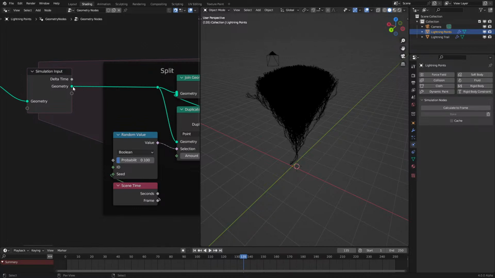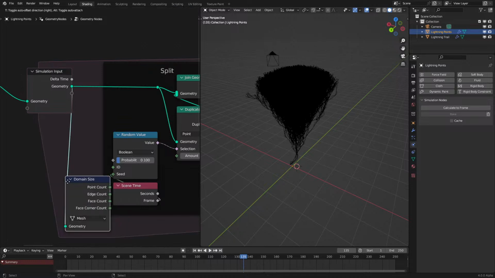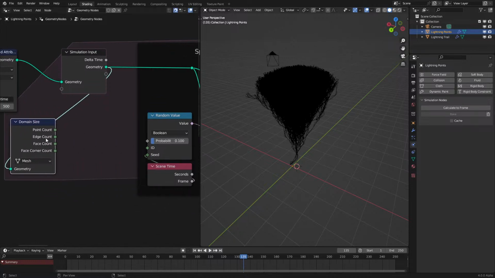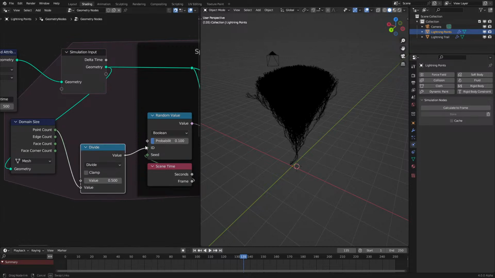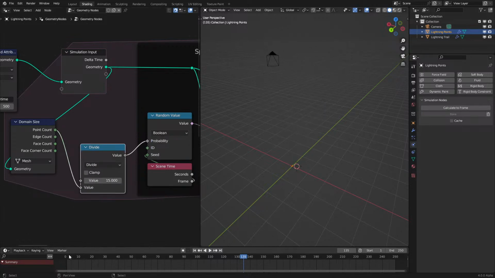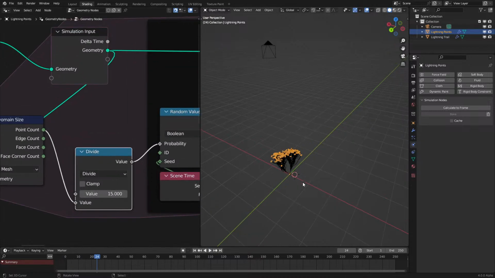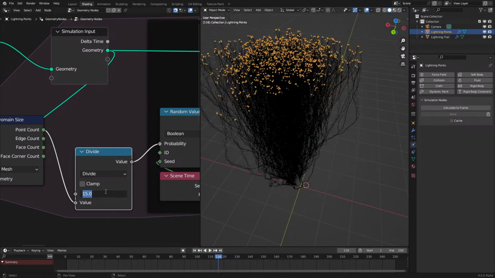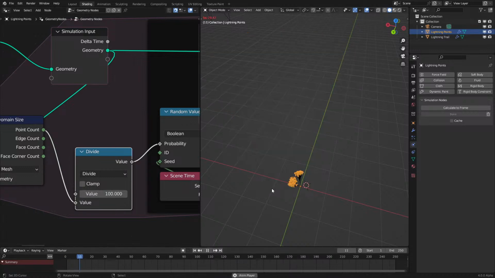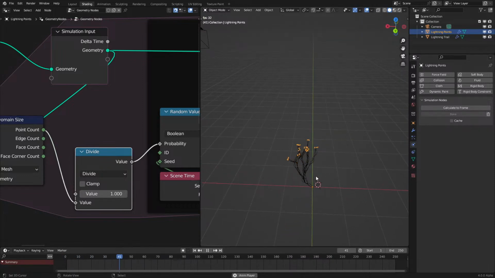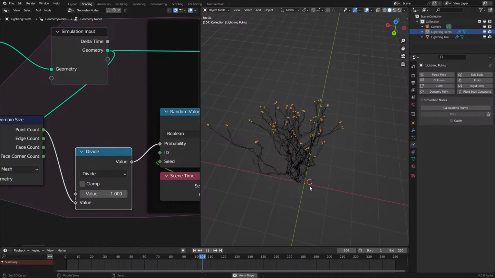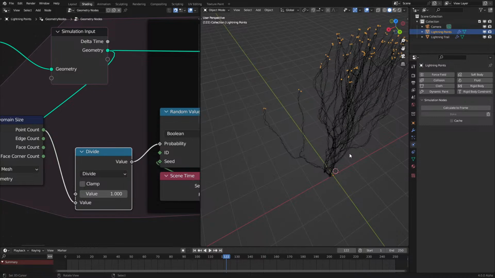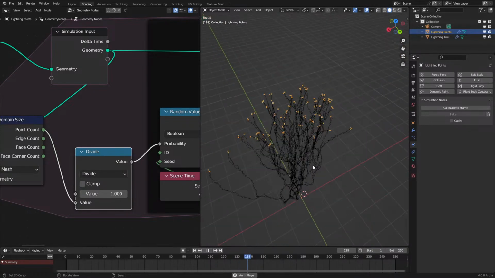Yeah, okay. Looks like we may need the domain size. If we take that and divide it like that by that, we may get a good... Nope. Actually, we can see that it's splitting less as time goes on. So if I set that to 100... Oh, wait. No. We set it to 1. That's a more reasonable value. And we can see how they're kind of orbiting each other, which is beautiful,